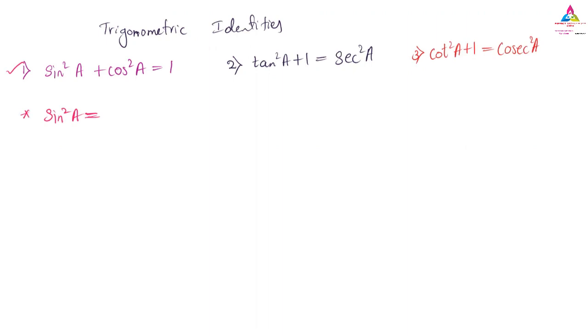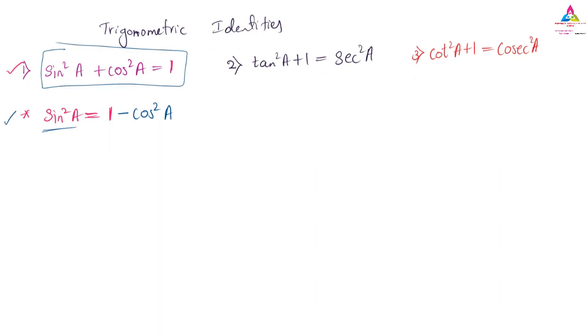Yes, very good, Kirti. Yes, sir. Here also the same thing we have to do. The 1 what we have, that we will keep here only. But here we have to shift this cos square a. On the right hand side, it will become minus cos square a. See, the same formula, we have made only one change. We have shifted the cos square a to the other side so that we can find the sin square a easily. So this is the actual one more formula what we have. But remember this formula, you can derive this also very easily. Second one also very easily.